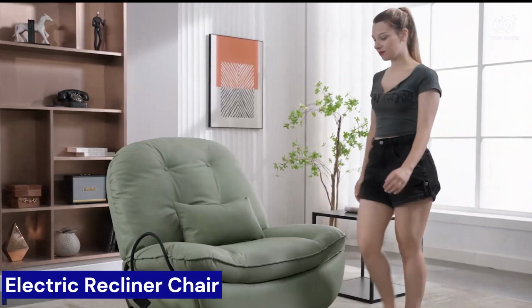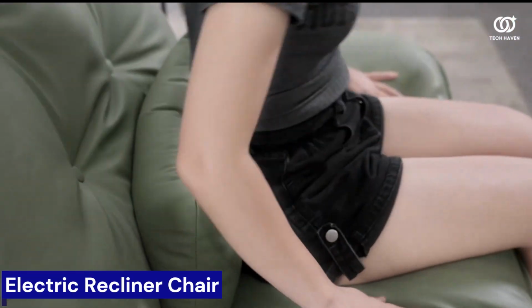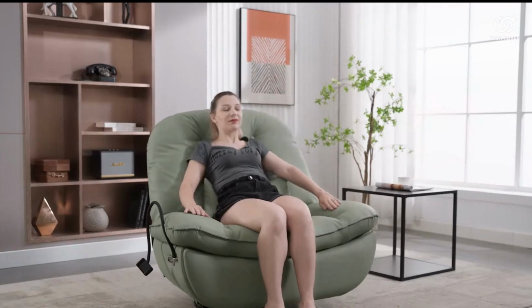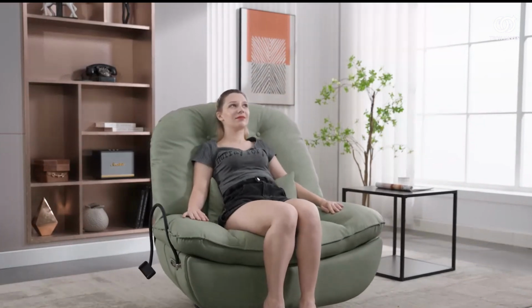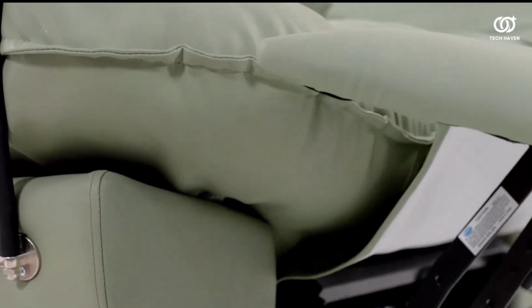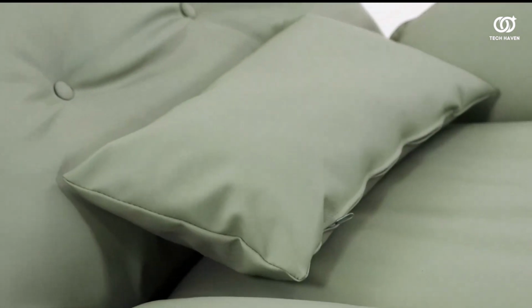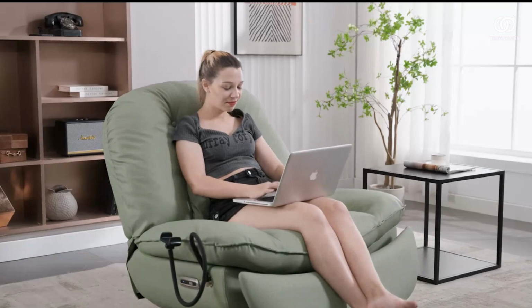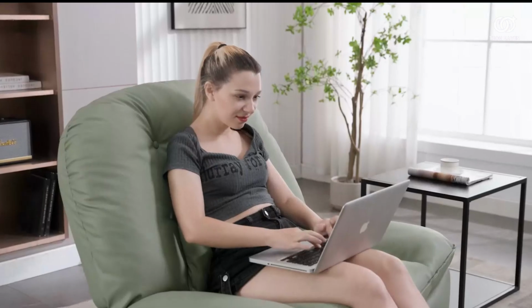Number 1. The electric recliner chair offers unparalleled comfort and convenience, making it a luxurious addition to any living space. With smooth, motorized reclining and adjustable settings, it adapts to your preferences at the touch of a button. The chair's plush cushioning and ergonomic design provide exceptional support for your back and neck, perfect for relaxing or unwinding